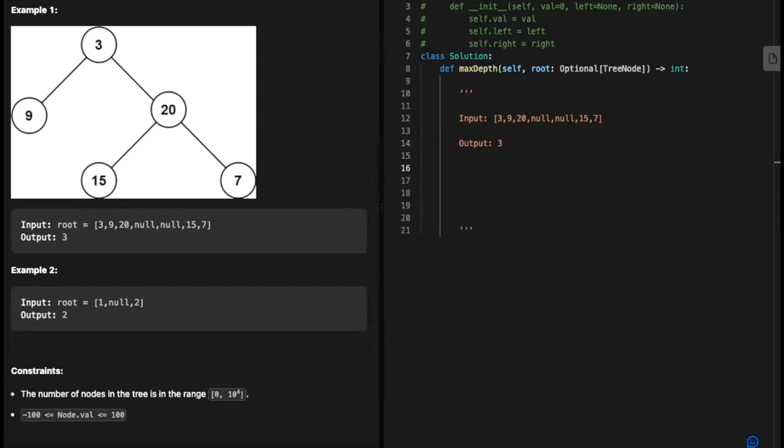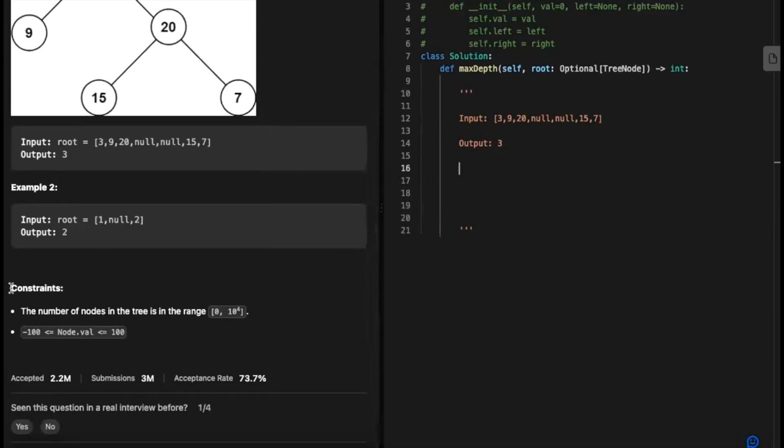So identifying the input and output is the first step, and the next step is to see what the constraints are. The number of nodes is going to be from 0 to 10 to the 4, and the node value is going to be between -100 and 100. So those are our constraints, and that seems pretty reasonable. Now our next step would be to diagram this out and